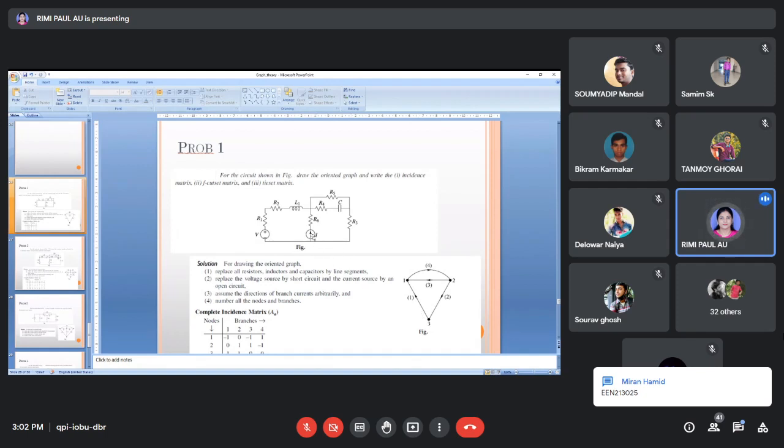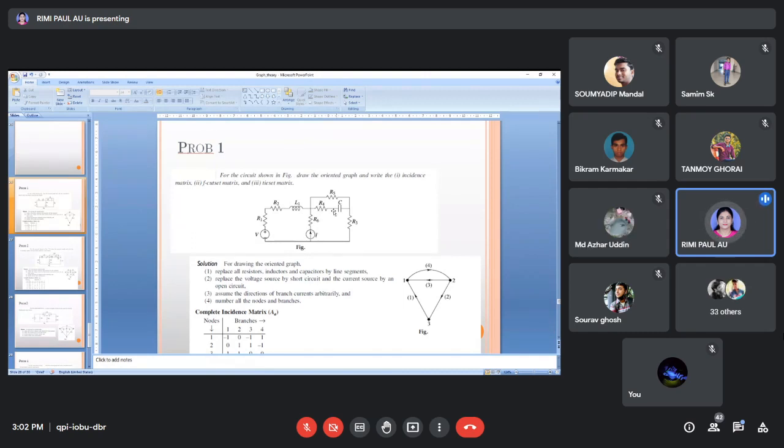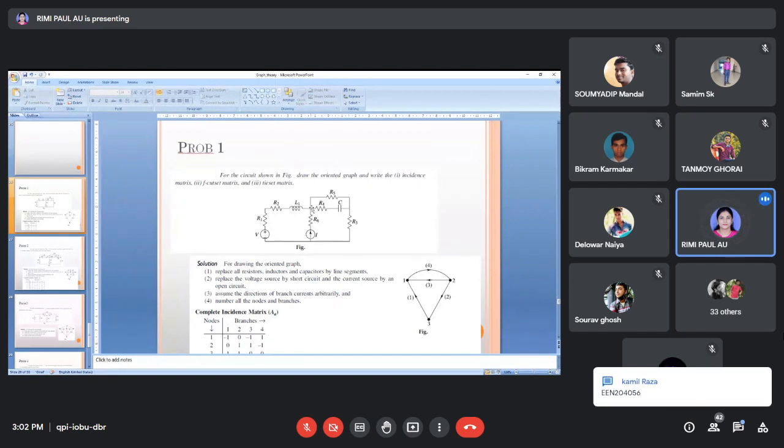Next, you can see that here also a current source is present. So if there is a current source, what do we do? Open circuit. So there are no branches present. This is open circuit. Next, from 1 to 2, there are two paths. One is this path, another is this branch, right? So this is 1 to 2, this branch and this branch. Now, next is 2 to 3. There is one component present, so another branch.